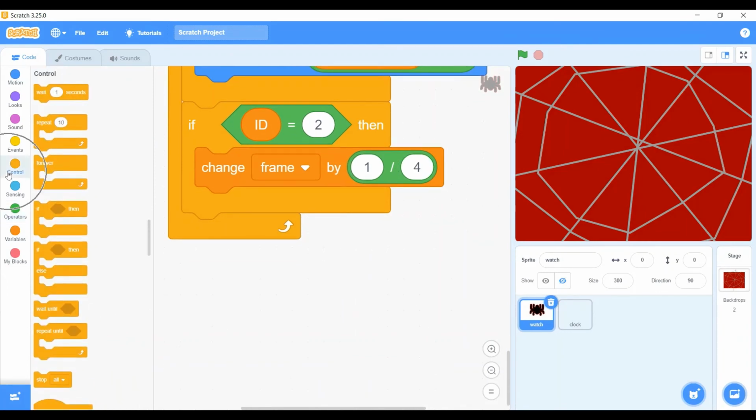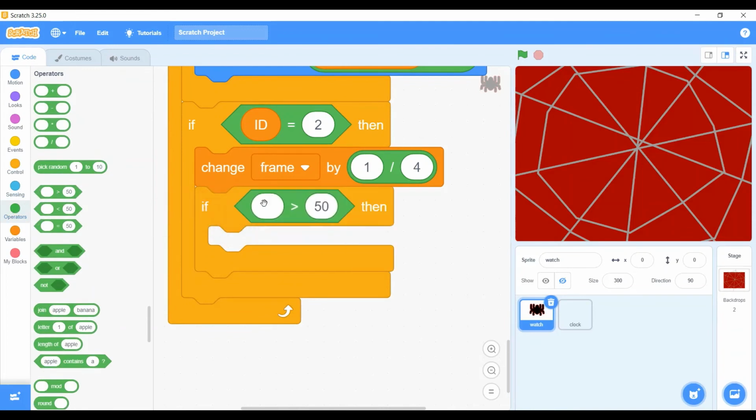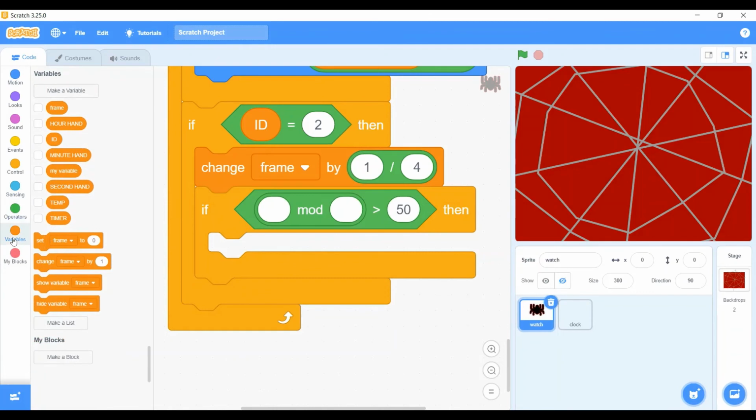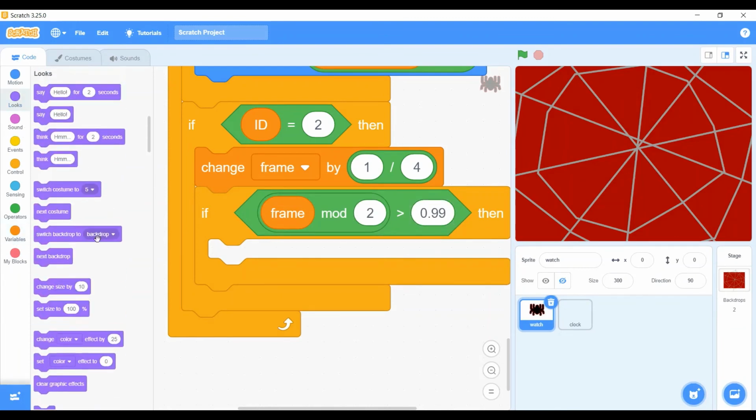After that, you go to the control again, put in the if, and then you put in a greater, and then you scroll down and put in the mod. Go to the variable, put in the frame, mod 2 is bigger than 0.99. This is to divide the frame by 2, and then if the remainder is bigger than 0.11, then they got to change the size. So go to the loops, scroll down,